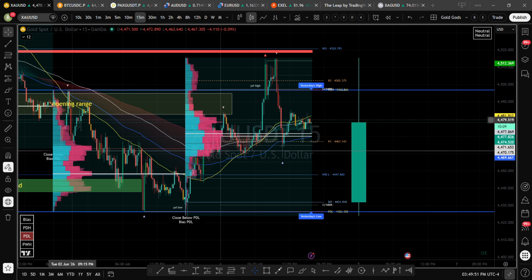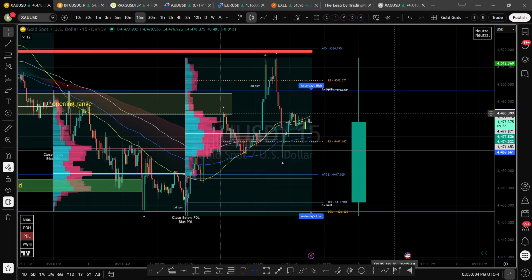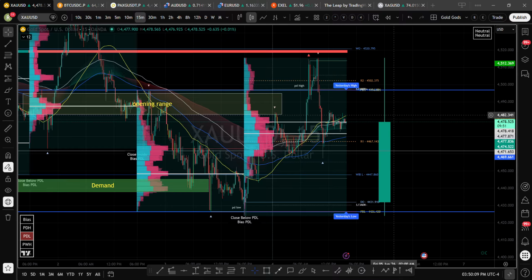I don't think I went over how to correctly use some of these indicators that I've introduced. So I'm going to do that now so it can help improve trading, so people know what to look for and how to actually use them and how to trade, right? So starting off,